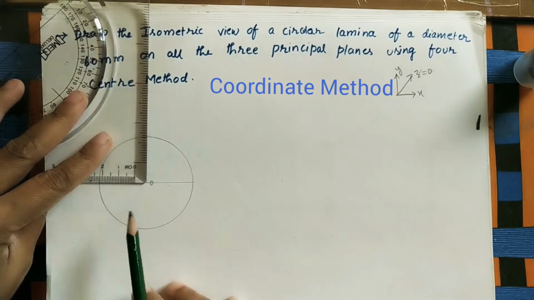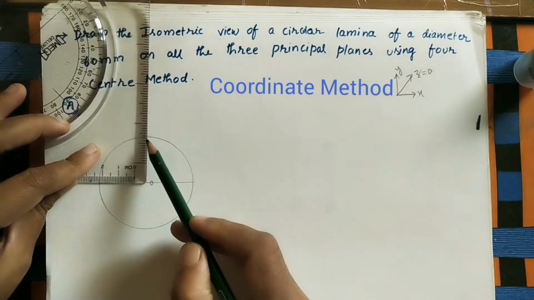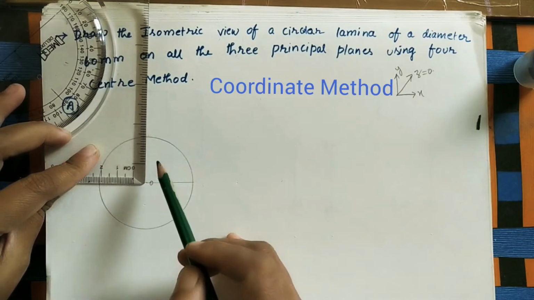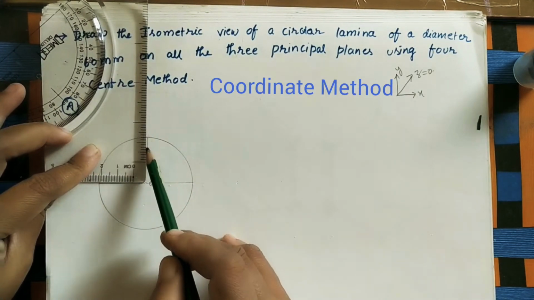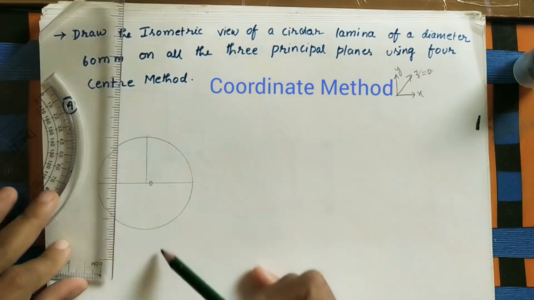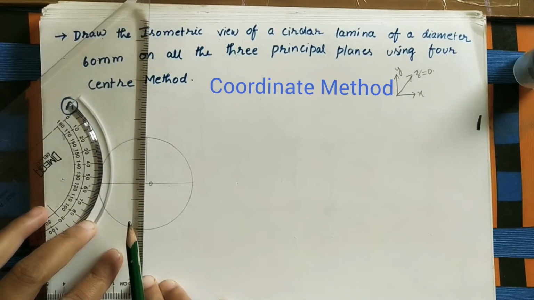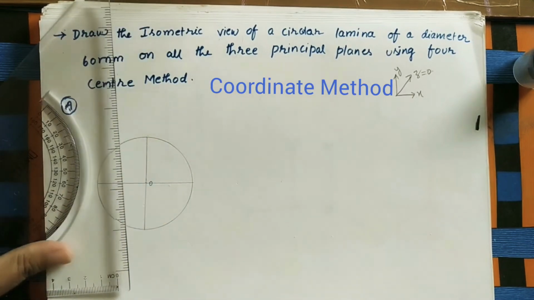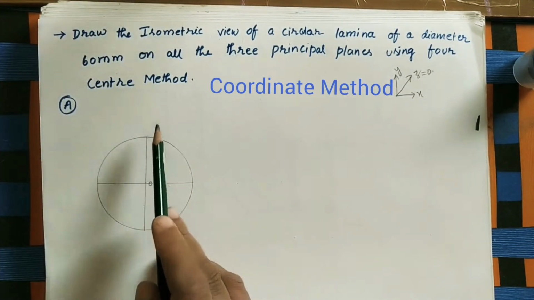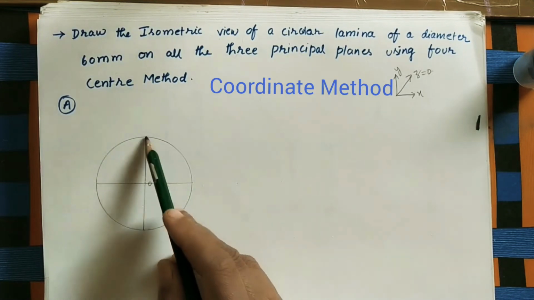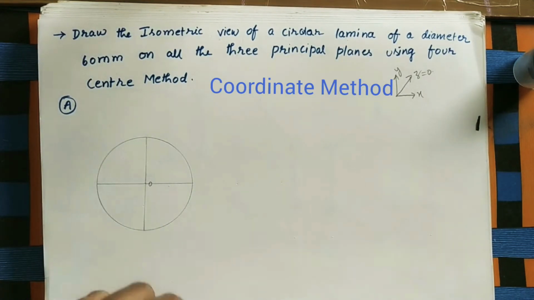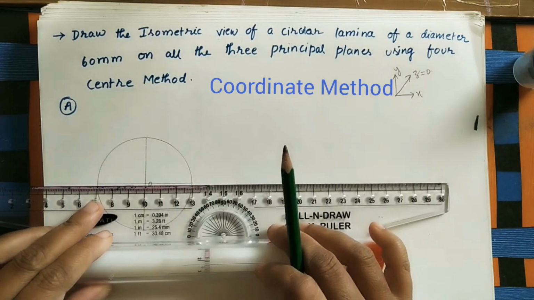Here I am using set square. This is 90 degrees. Here do one line which is passing through center. This line should coincide with the scale. One line, extend this line. Now this is the horizontal diameter, this is the vertical diameter. Here do one box which is passing through all these points. For getting the box I am taking this as the reference line.